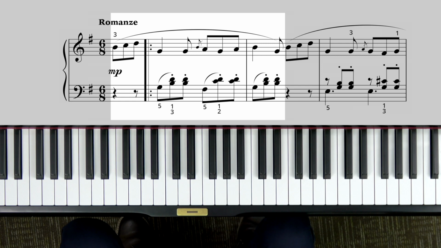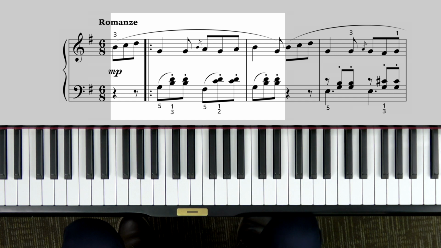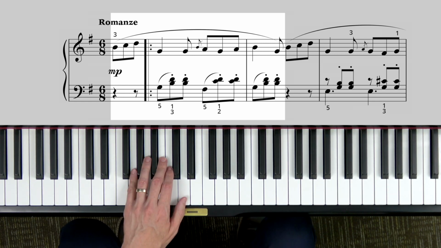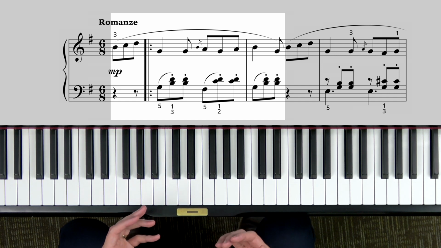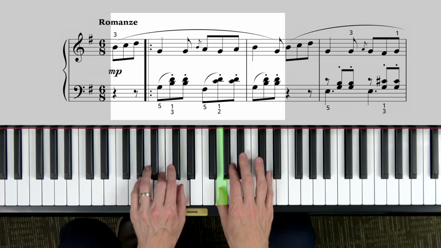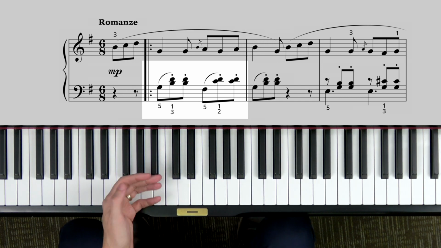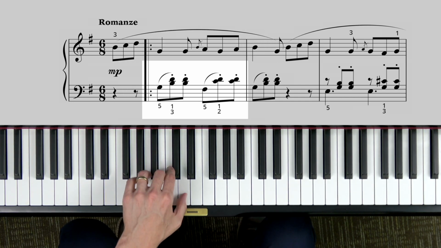To me, this has a playful, happy quality to it. I imagine children playing in a meadow, or maybe young ducklings playfully tumbling down a stream. It just has a lot of happy playfulness to me. So how do we capture that feeling? I think the left hand can help a lot by not being too heavy. We don't want it to sound like ogres stomping around with big boots on. That ruins the feel for me if the left hand is played too loudly. It's got to stay very light.